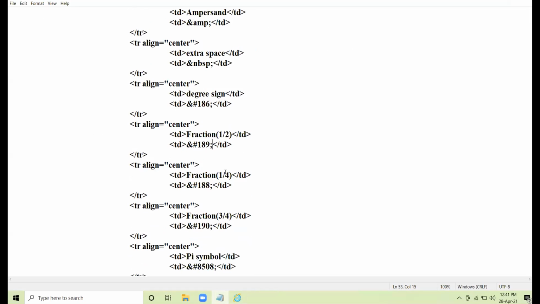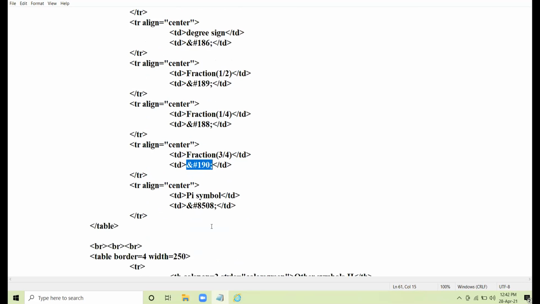Then quarter, 1/4: ampersand hash 188 semicolon. Then 3/4: ampersand hash 190 semicolon.